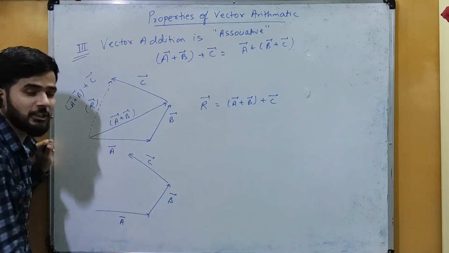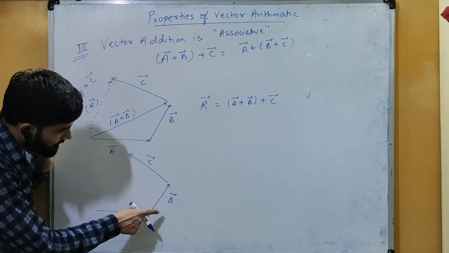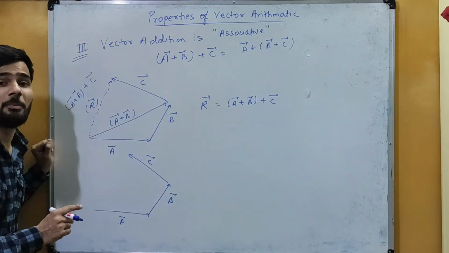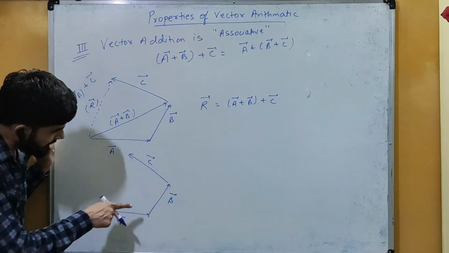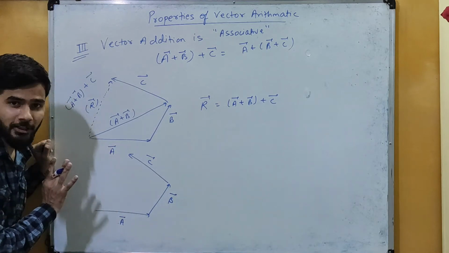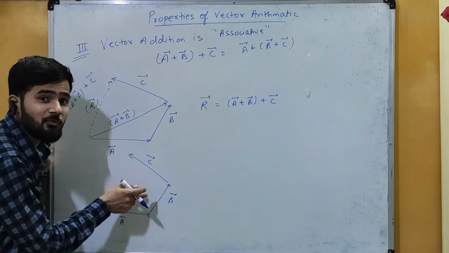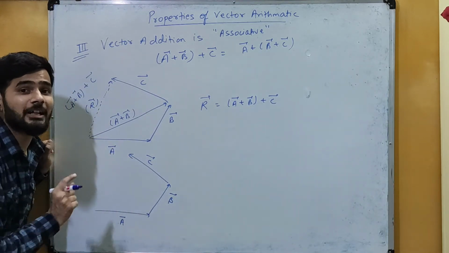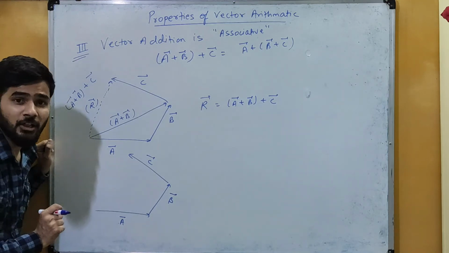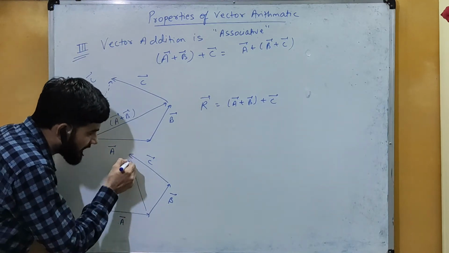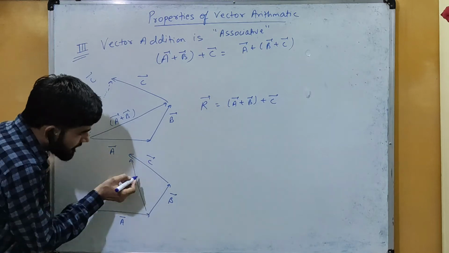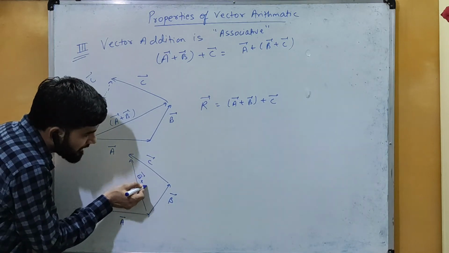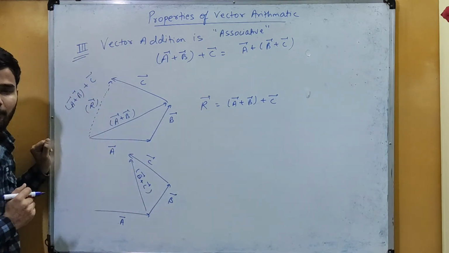मतलब मुझे B और C को क्या करना है, ऐड करना है. Okay, we can consider this B and C to be the two sides of the triangle, and you can see these both are in the same order. Okay, now the resultant of these two will be the third side of the triangle which is taken in the opposite order. तो यहाँ पर दोनों का resultant क्या हो जाएगा, this is the resultant one, और ये कितना हो जाएगा, that will be equal to vector B plus vector C.